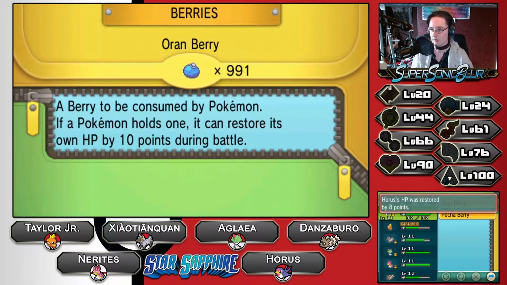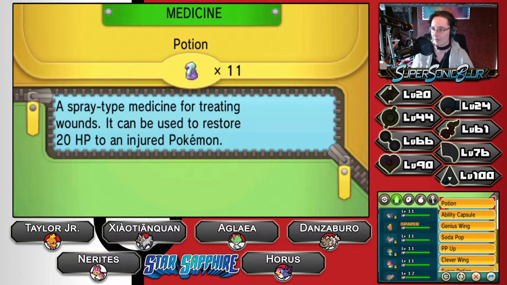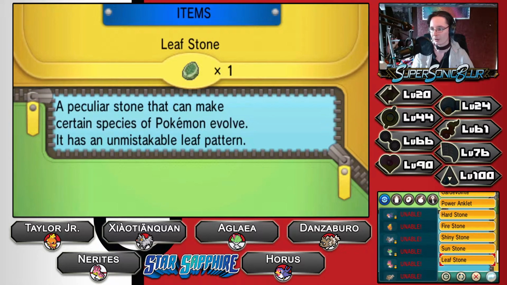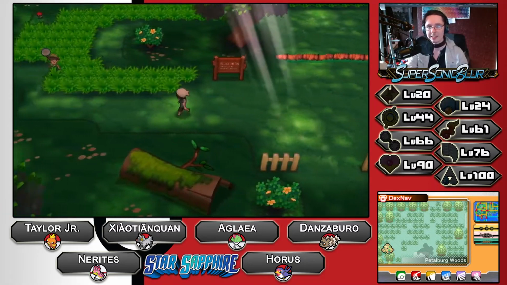So we got you, fully healed, you, fully healed, you, fully healed. Pecha, this Pecha is poison. It's only poisoning. Damn, we don't have anything for the paralysis, do we? No, we don't. That's unfortunate. Yeah, we don't have anything there for it. That's a shame. But shouldn't be too bad, because we'll just have to go ahead and move on, because now,